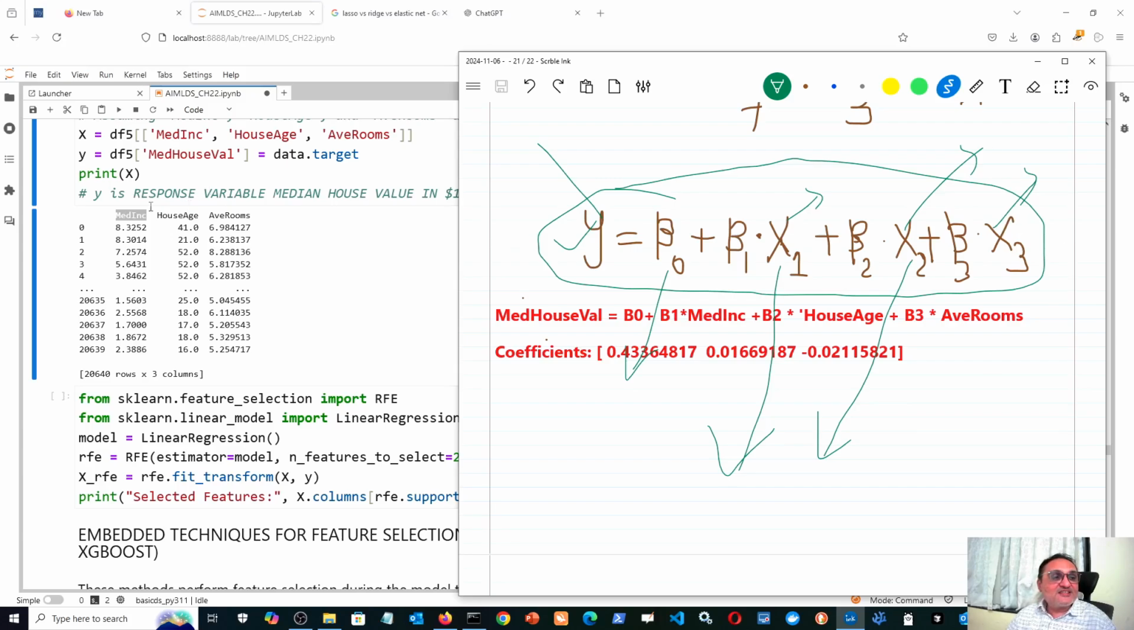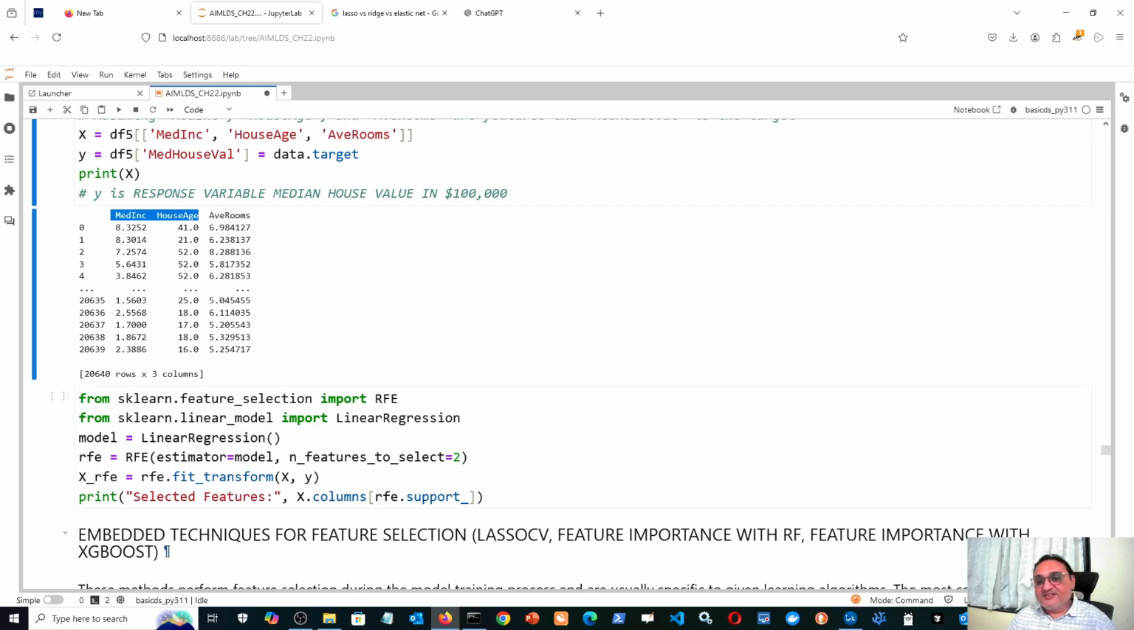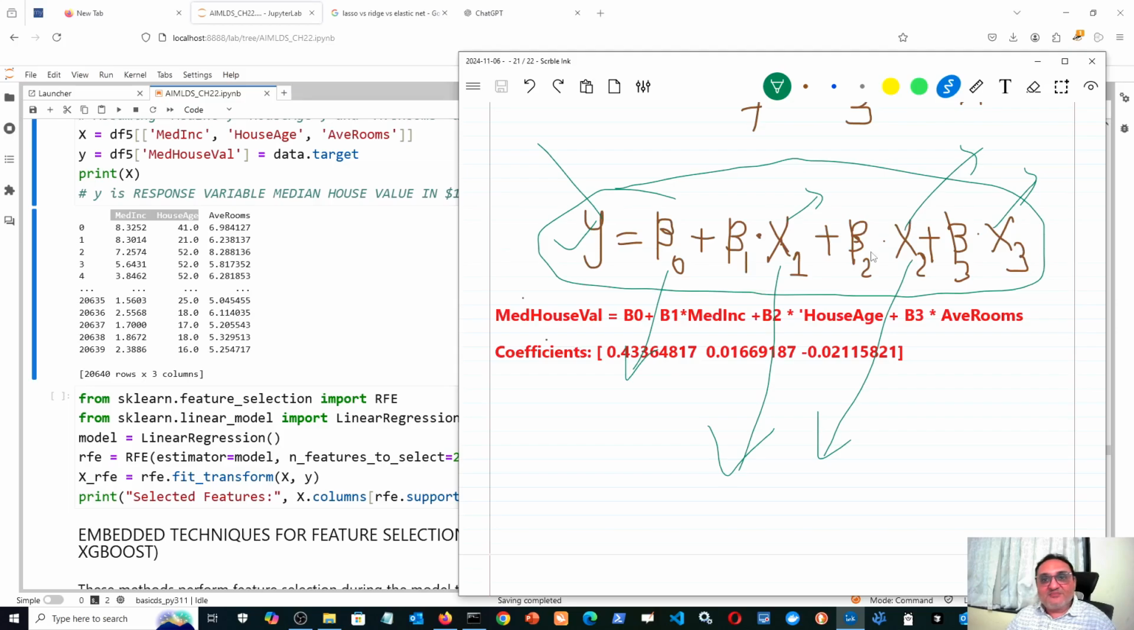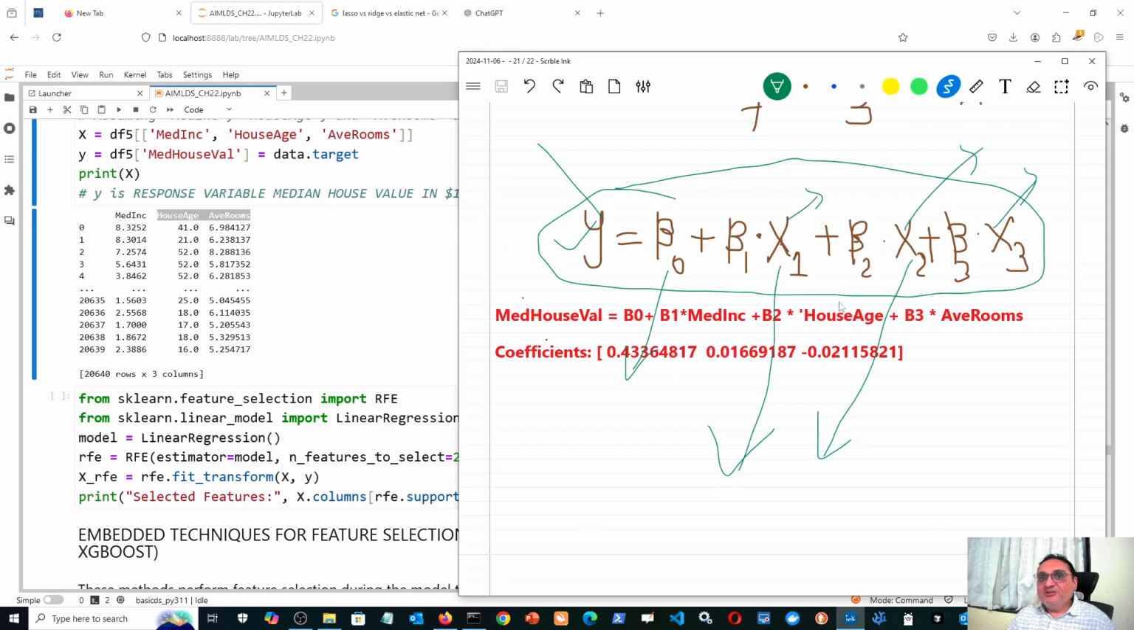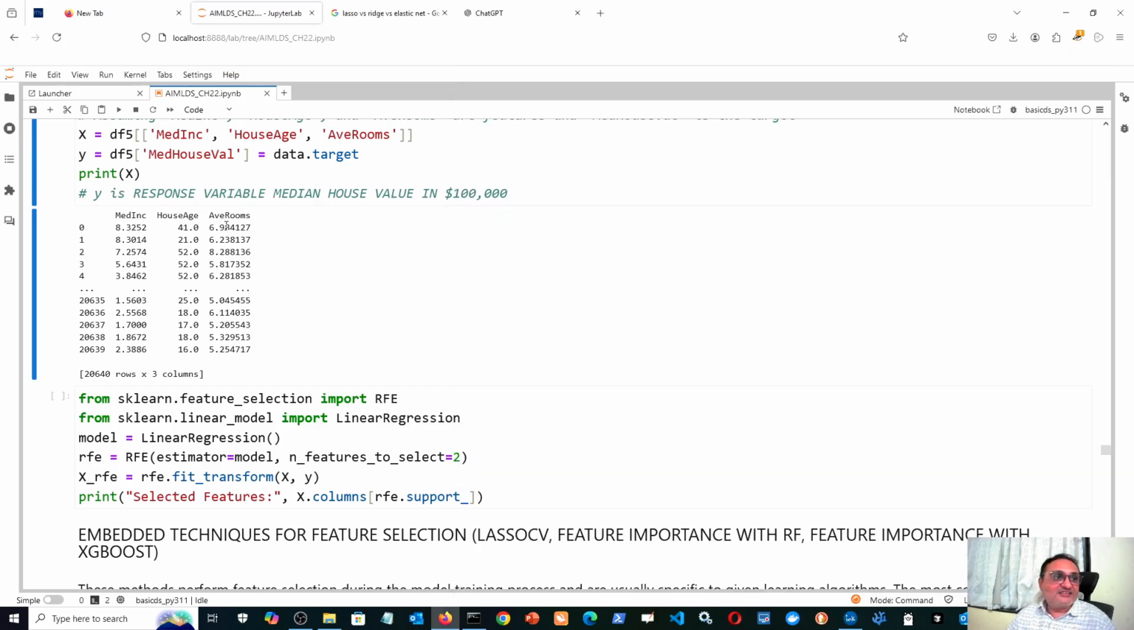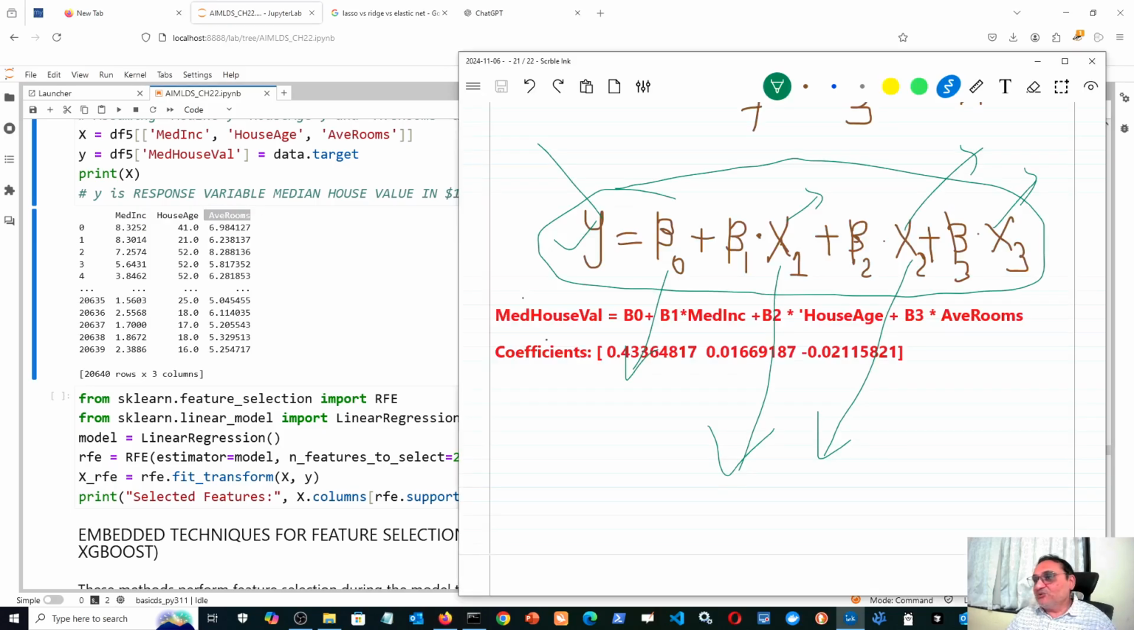Then I can try first and second, that is these 2 features as one subset. So y is equal to beta 0 plus beta 1 x1 plus beta 2 x2. Then I can try second and third, so y is equal to beta 0 plus beta 2 x2 plus beta 3 x3. Then I can try first and third feature, so y is equal to beta 0 plus beta 1 x1 plus beta 3 x3. So if I try every such combination and then I decide